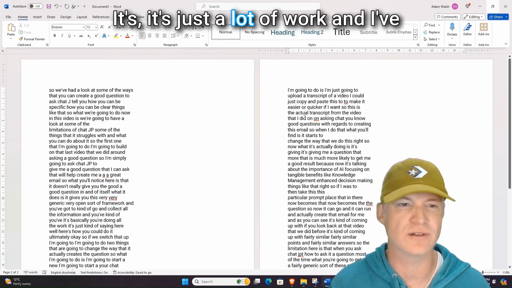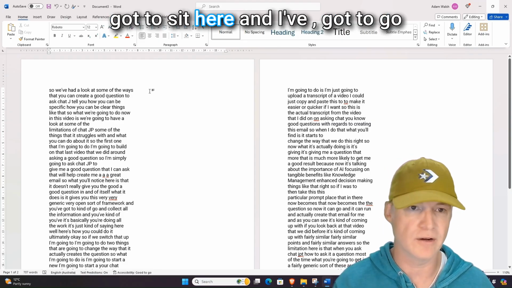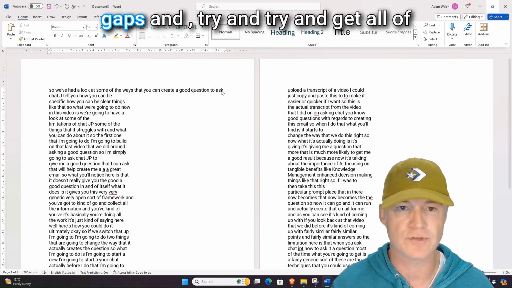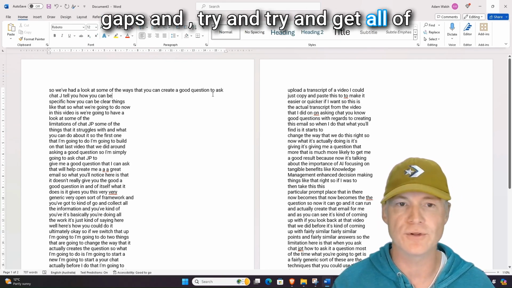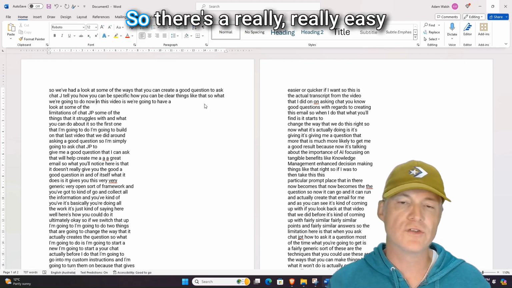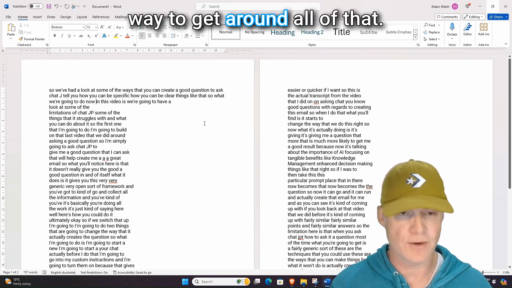It's just a lot of work. And I've got to sit here and go through and delete all of the gaps and try and get all of these lines together, which is just... So there's a really, really easy way to get around all of that.